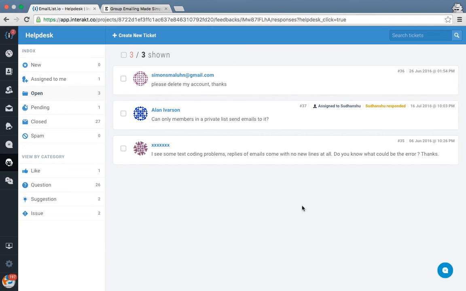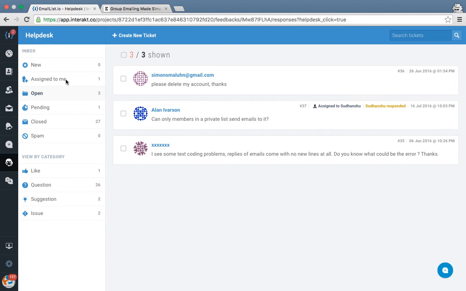Here you'll be able to see whatever tickets you have received, tickets assigned to me, new tickets, and tickets according to their statuses or categories, and a lot of these options. You can also search tickets. So let's take it one by one. On the left hand side bar in the inbox, whatever new tickets you receive will land into the new tickets section. The second is the assigned to me.